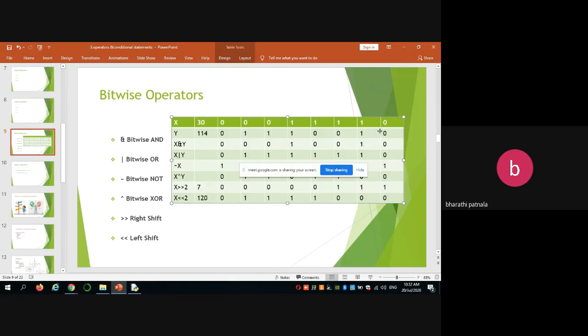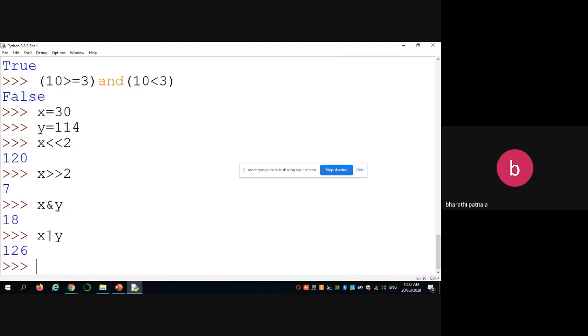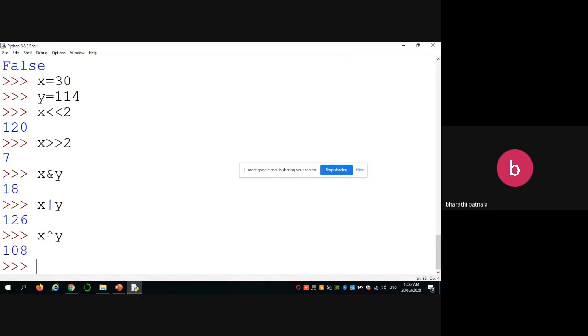Like that, what is the value here? 1 2 4 8 16. That means 16 plus 2, the value becomes 18. Here you can check it. Like that the bitwise operators can be performed, like OR, type the symbol, x or y. The value is 126. And x XOR y, the value is 108. Like that you can check it out.